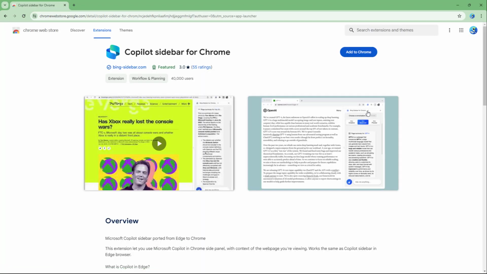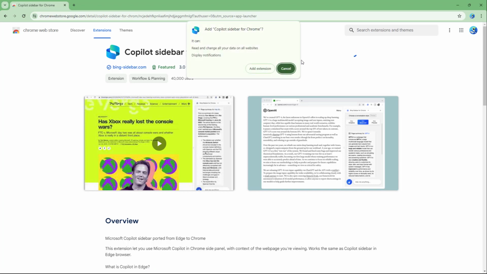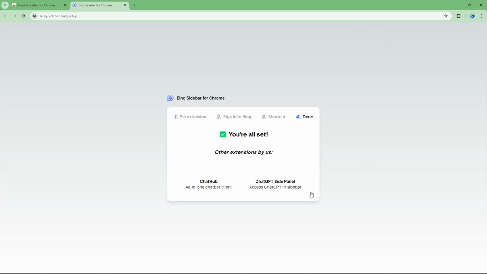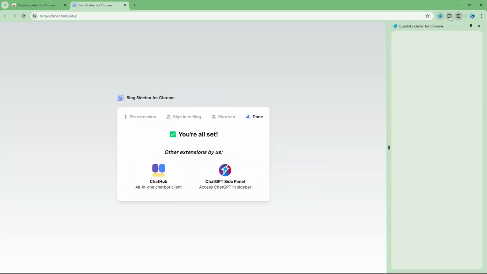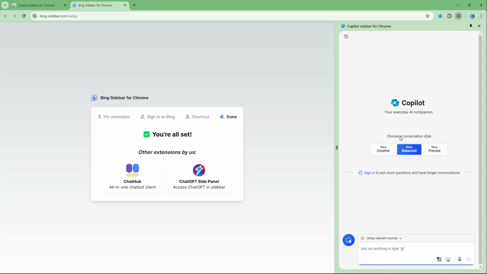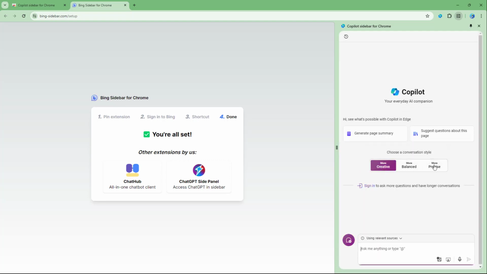And then you can see that this is what you have. You can add it to Chrome. Let's just add the extension over here. And then Copilot for Chrome has been added, just like this, as you can see right here. So you're all set, as it says right here. And you got the Copilot sidebar for Chrome as well, just like you have it in the